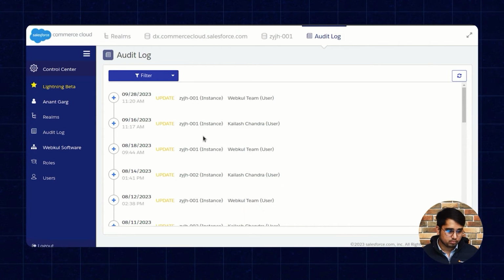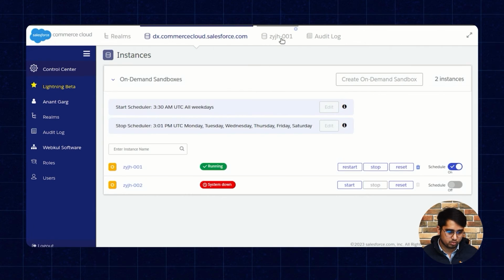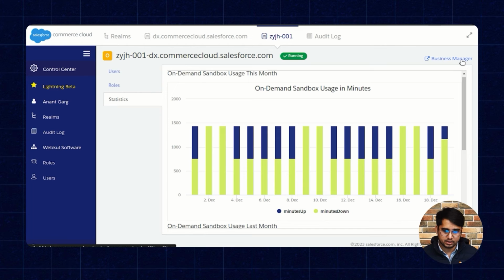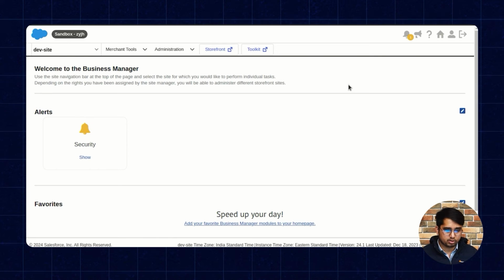Now let's move to the business manager. So for that, we need to go and open a particular instance. Here you can find the link for the business manager. Just tap on that and log into the business manager. Once you have logged into the business manager, you can find this kind of UI.